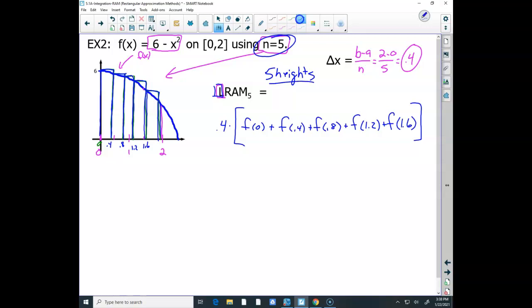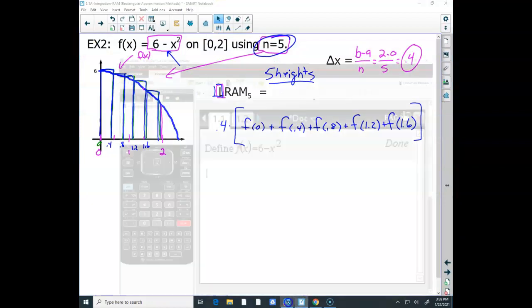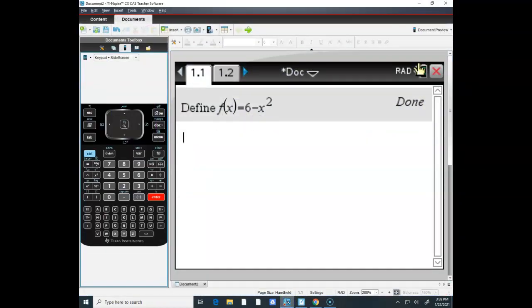Now from here, I'm not going to kill myself finding all of these out. What I'm going to do is grab my calculator. Oh, wrong one. My calculator. And I've already defined f of x in there in my calculator page. So how I want to do this, and I'm just going to do this once because you should know how to do this because you've done it. We are going to take the width 0.4 and times by f of 0, my first height, plus f of my next height, which is not 0, it's going to be 0.4,